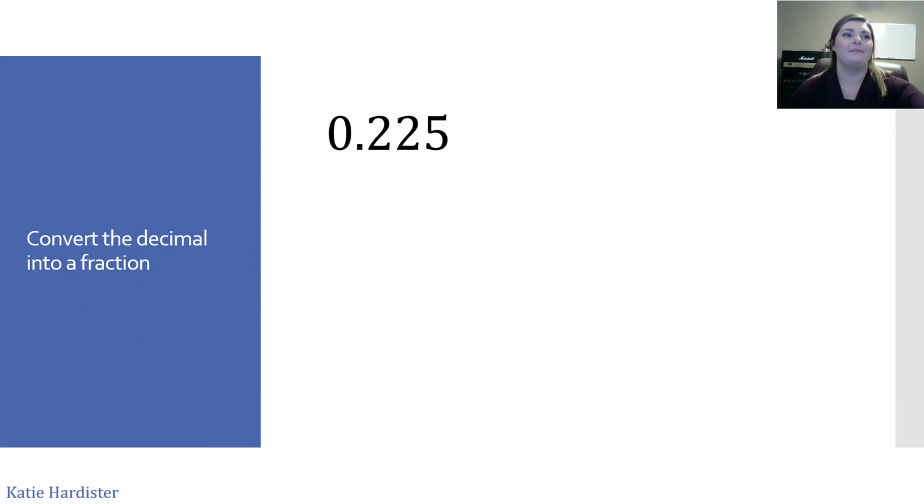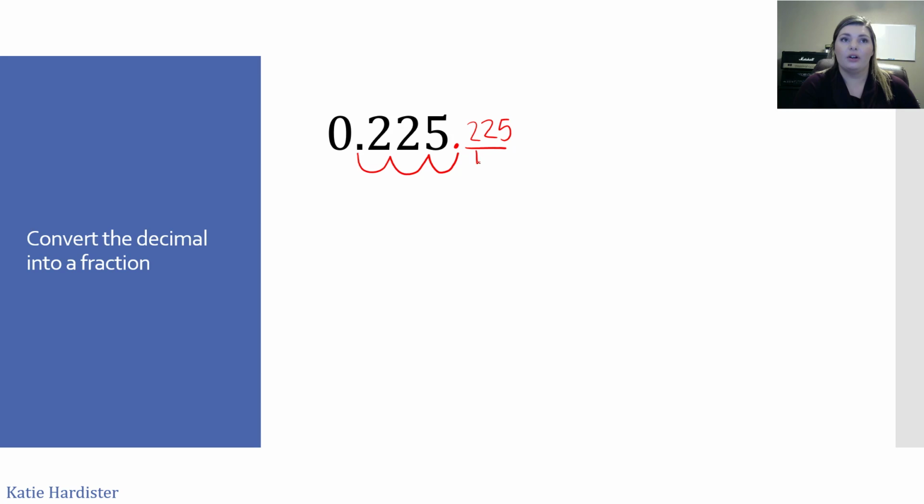Let's jump on in. So we're going to start by converting the decimal into a fraction. The way that we would do this is start by just moving that decimal. So we could move it 1, 2, 3 places and then place our decimal there. And we would know that in a math equation, this would look like